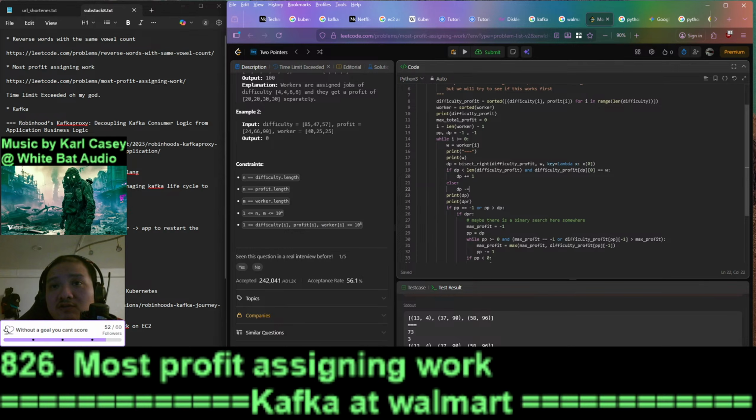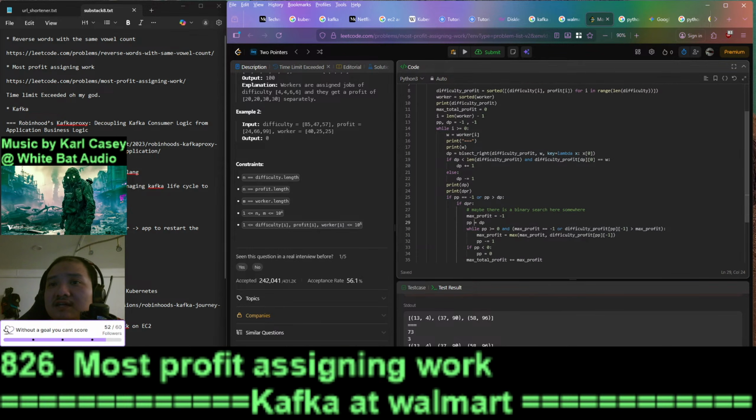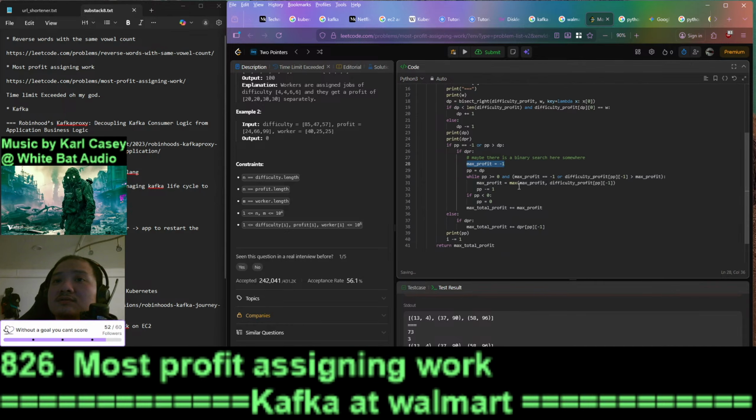Because now we're not going to do the remapping the size, right? We always gonna do is we start at dp and okay, we keep going down until the profit is